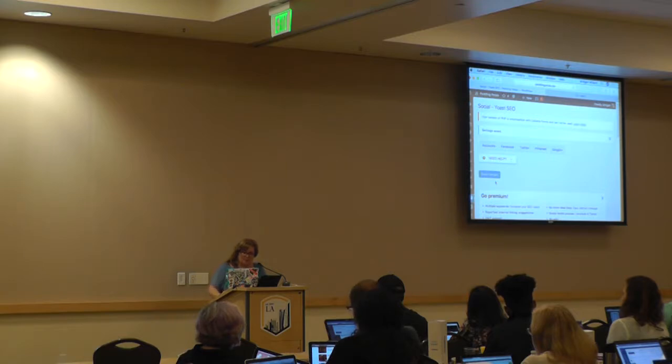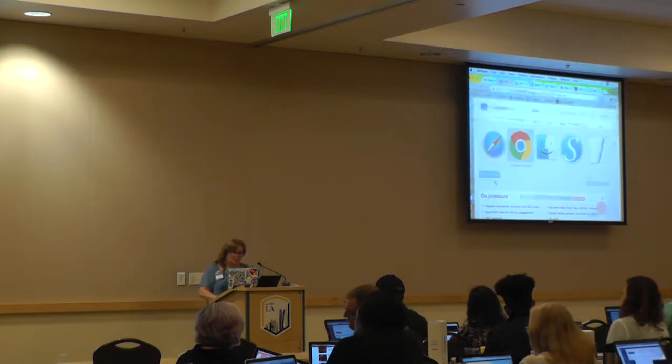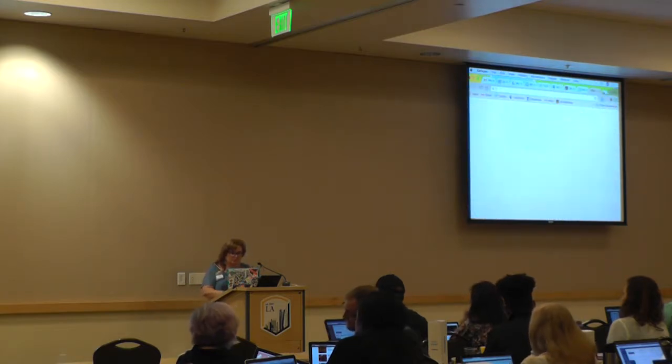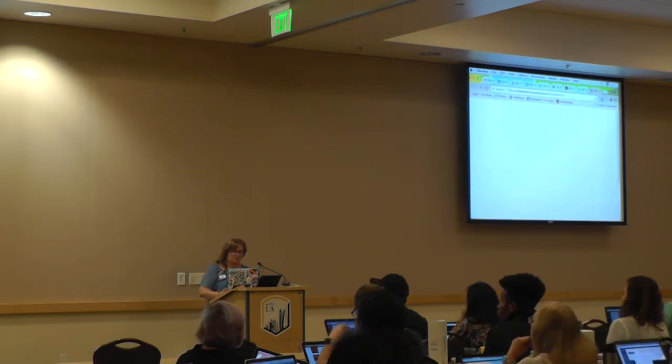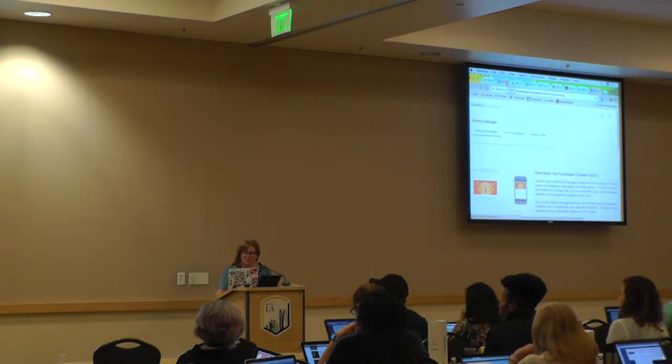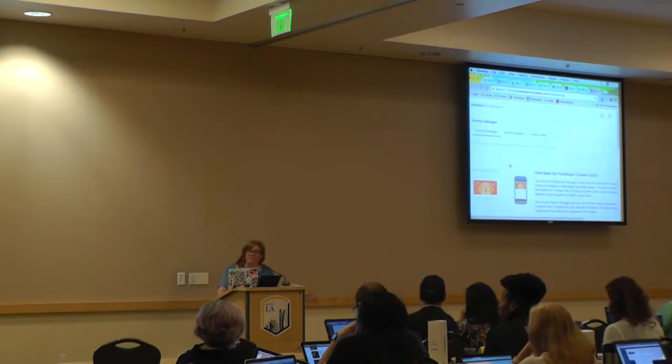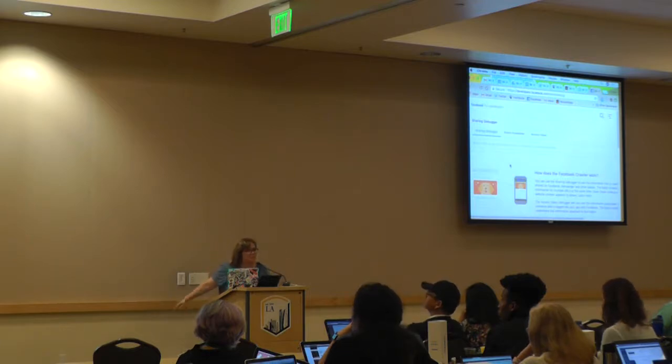So there's a tool actually called the Developers Debugging Tool on Facebook, okay? So if you want to see how something looks, it's called a sharing debugger. It used to be called,